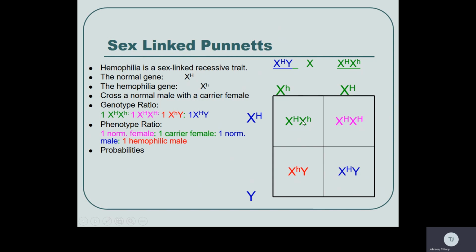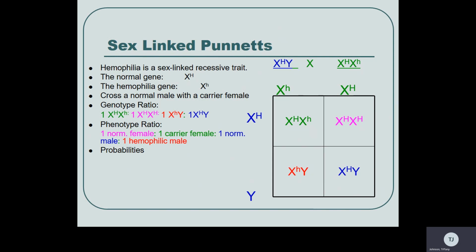But she's a carrier, which means that her child can end up with hemophilia, and probably a boy. Not 100% all the time it's a boy, but like 95% of the time it's a boy. Okay, and then one normal male and one hemophilic male. Okay, so now the probabilities get weird, because if I ask you on a question and a test, I say,